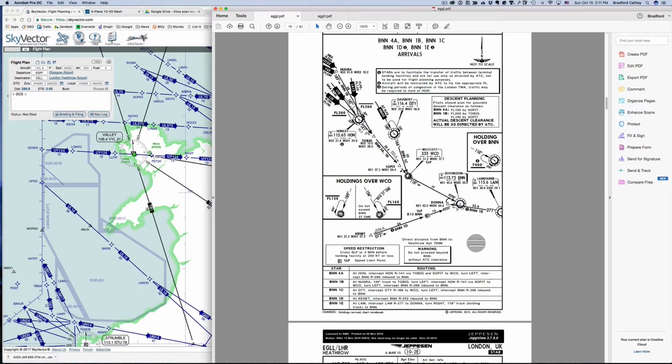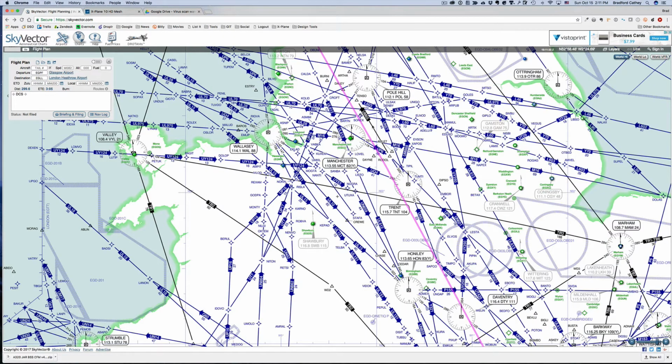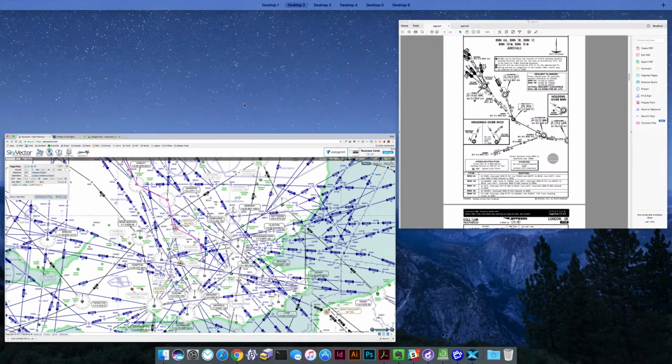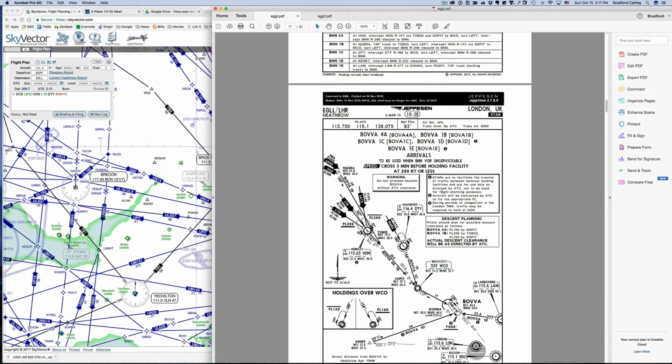So I see here Daventry, Delta Tango Yankee. So I'm kind of curious if I were to fly down to Honley and then conveniently over to Daventry. Now I'm not sure what our final approach is going to look like, but let's go back to our chart and